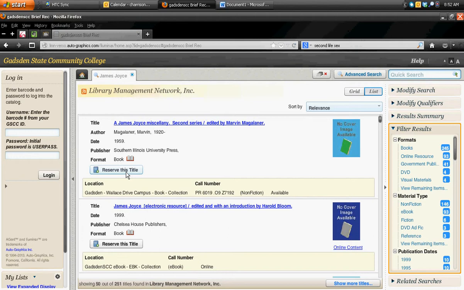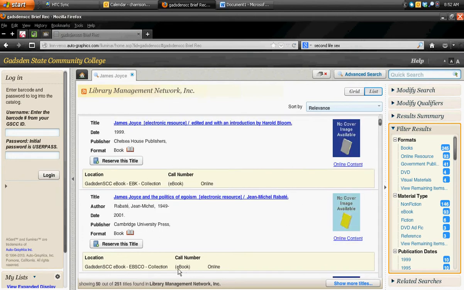We also have access to books that are in other campus libraries all across the state. So if we have a book that you need, or if it's listed here but it's not in our campus, all you've got to do is click reserve this title. It usually takes a couple of days, but it can be delivered directly to your nearest pickup point. So click that link and it'll ask you where you want to pick it up. So anyway, let's take a look at an ebook, for example.